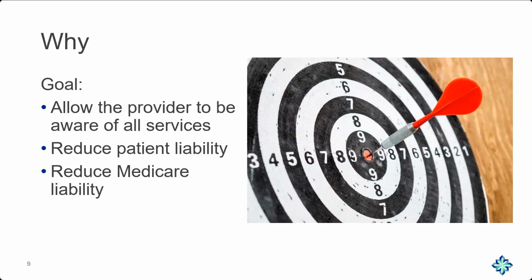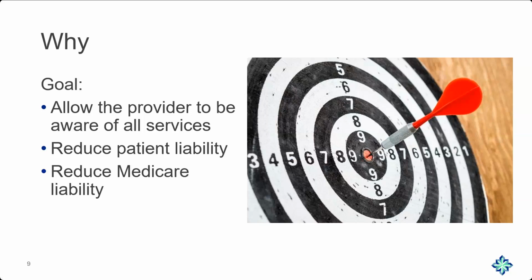Part A or Part B liability, one deductible applied, one of everything, instead of what was happening previously before these concepts were put in place, where a facility could bill for something and then another person could bill for it, and then a supplier could bill for a different portion. And so they'd get deductible applied to each one, then they'd get co-insurance or co-pays applied to each one. So it really created a lot more patient liability.